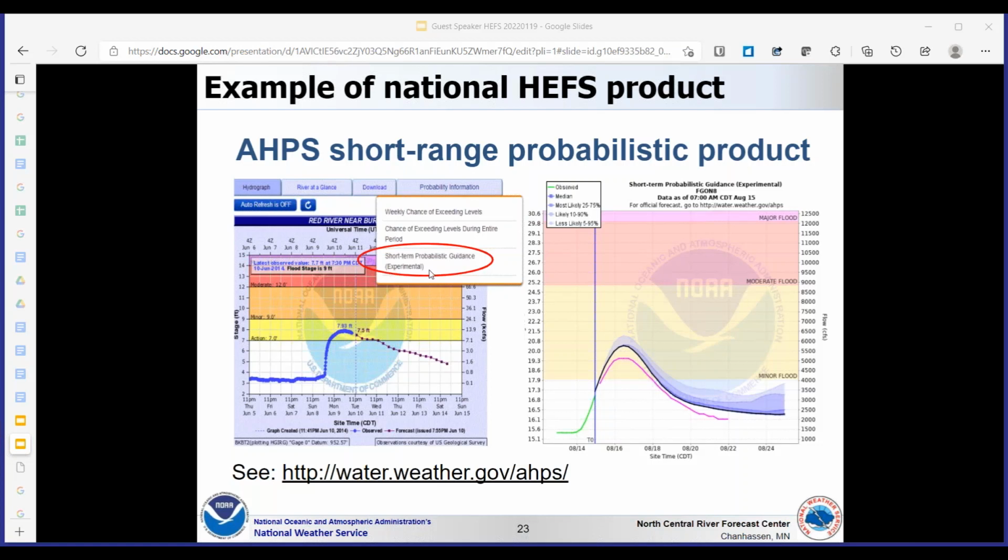It's listed as experimental still on these links. What's shown here is an older version of a graphic. I'm going to go through a newer version shortly to give you an idea of how to read them.